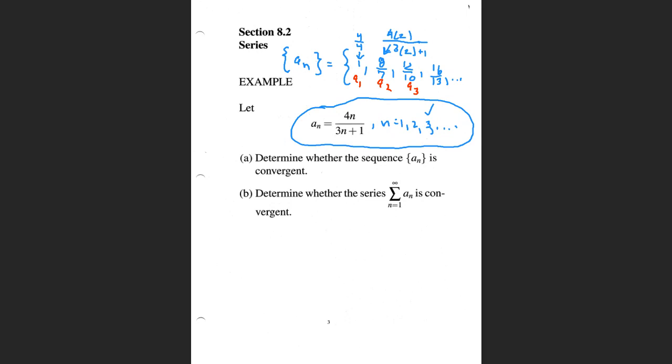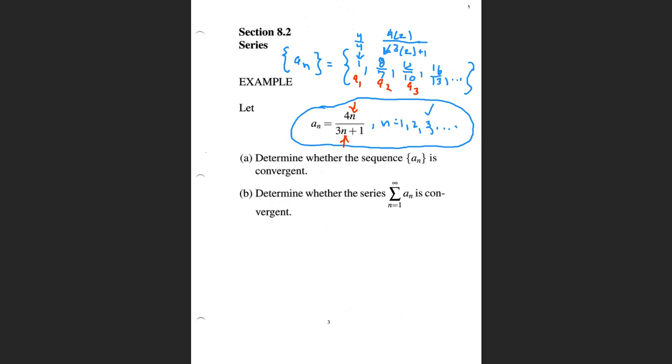So this is the sequence. And it might be a little hard to see what the sequence converges to, but let me ask you this. If we look at this sequence, the two n's in the terms with n in the numerator and denominator,